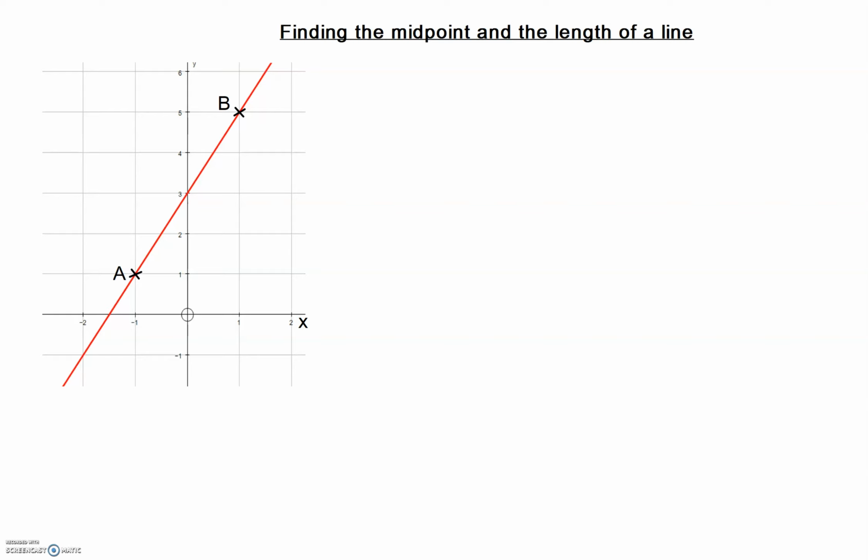So in order to find the gradient, you need to consider how many you go up when you go along one. So for every one that you go along your x-axis, how many do you increase up your y-axis? So we're going to take a point here and go along one, and we're going to see how many we go up, and you can then verify what your gradient is. And you can see here that going along 1 on our x-axis, we have gone up 2. We've gone up, so it's a positive gradient. So the gradient of this line is 2,